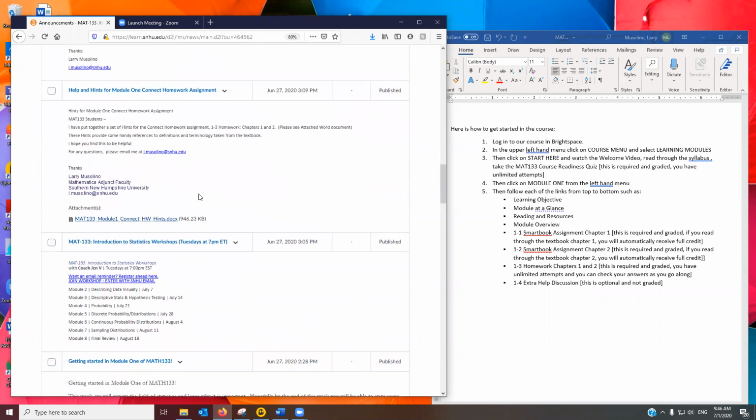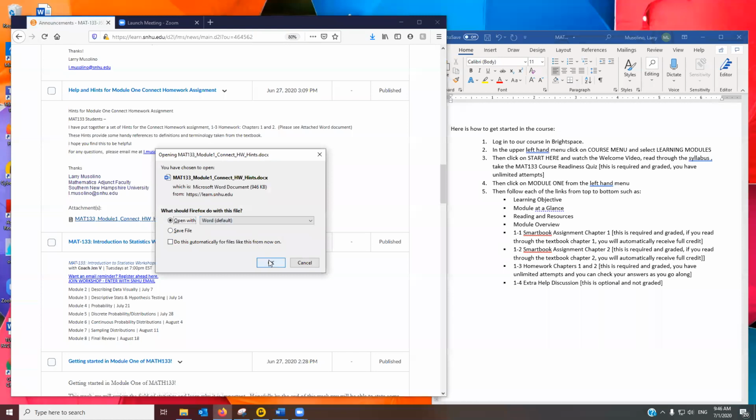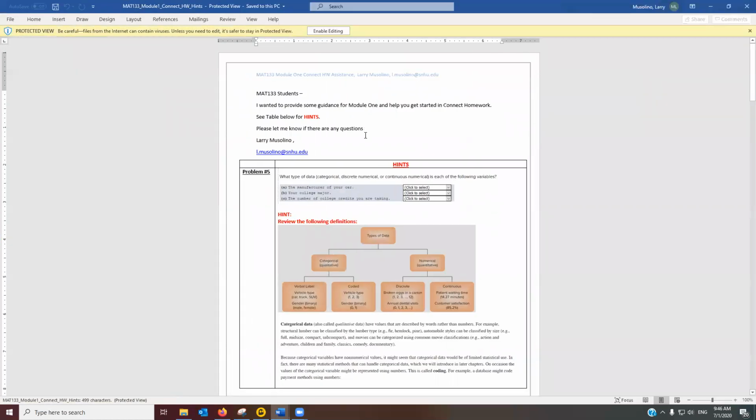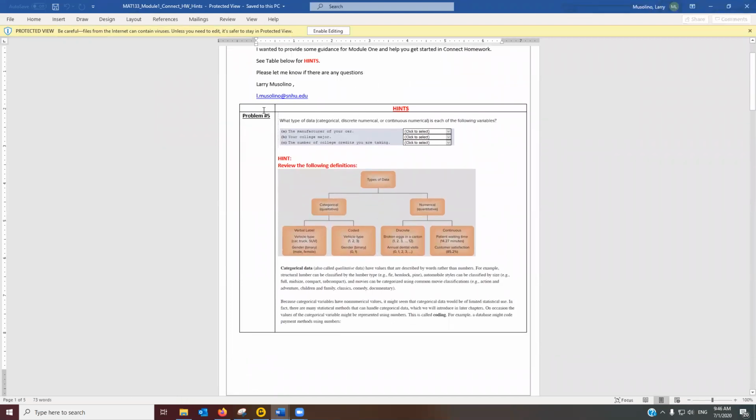One other announcement I wanted to point out to you is I've posted a help file when you go into the Module 1 homework assignment. If you open up this document here, this will show you different hints. Let me open this up. I'll show this real quick. When you bring up the homework assignment, for example, here's problem number 5. And here's the question. You can see it's a drop-down menu for you to pick your answers from. What I did is I copied out of the textbook some key information that will let you answer